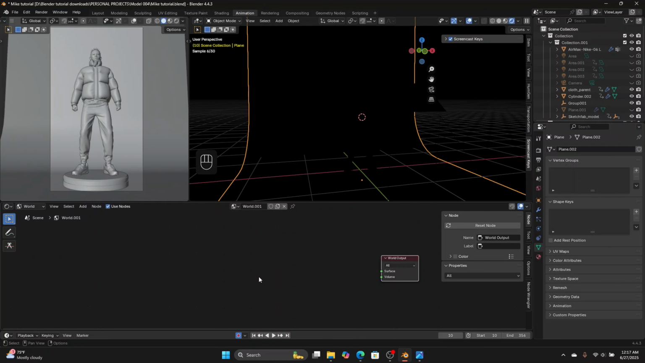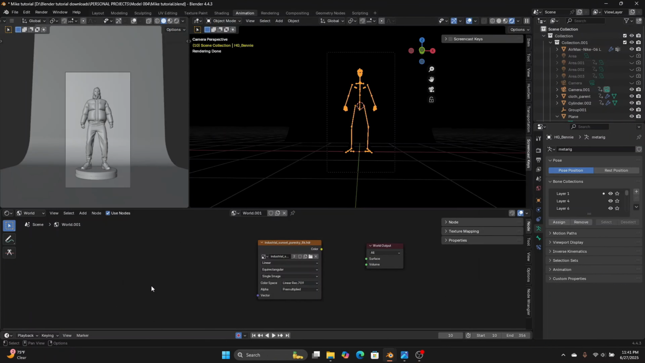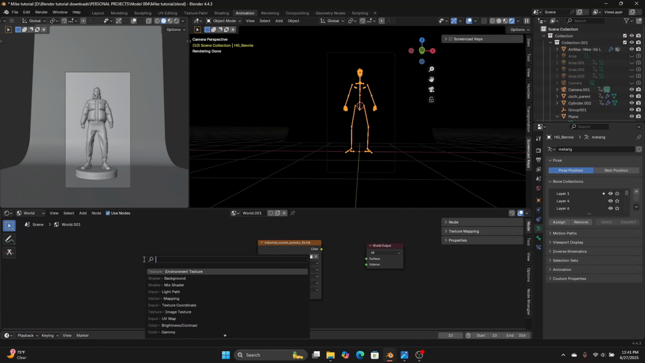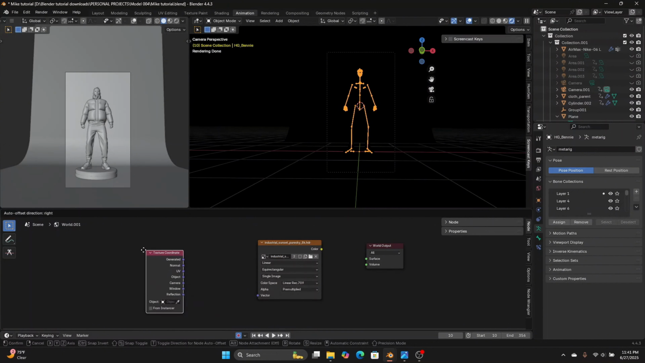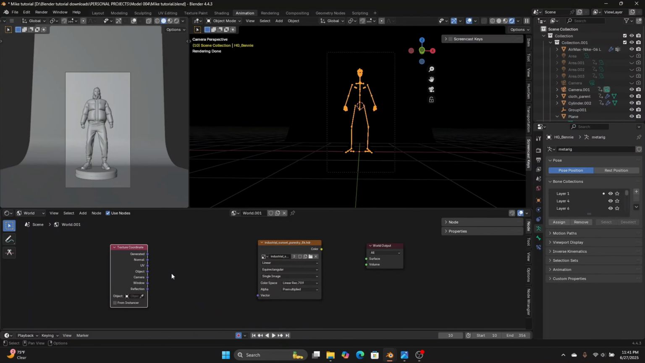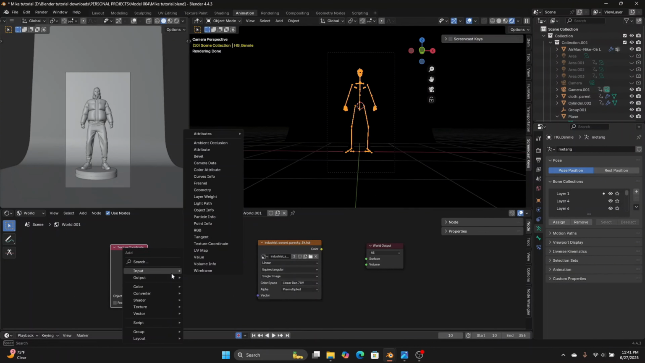We know for a fact that to work with HDRIs and environment, we need our environment texture, right? So right now we want to add in the following nodes. Adding a texture coordinate, then adding an environment texture,